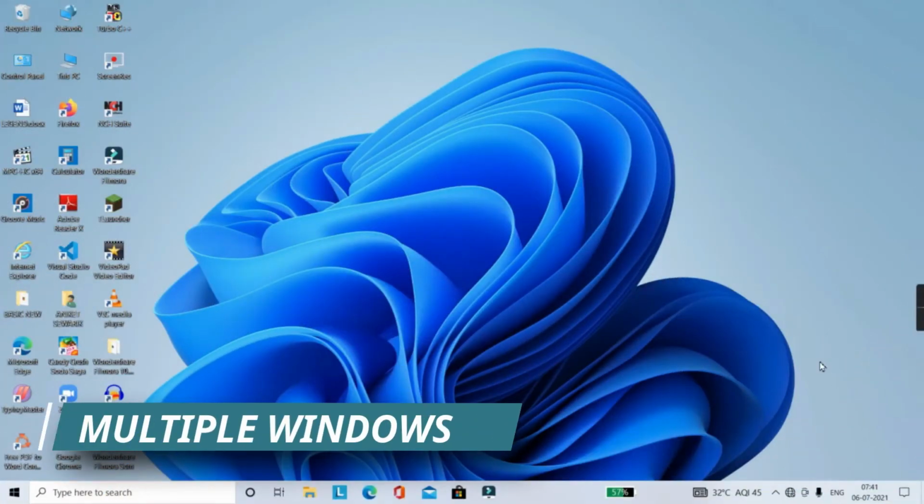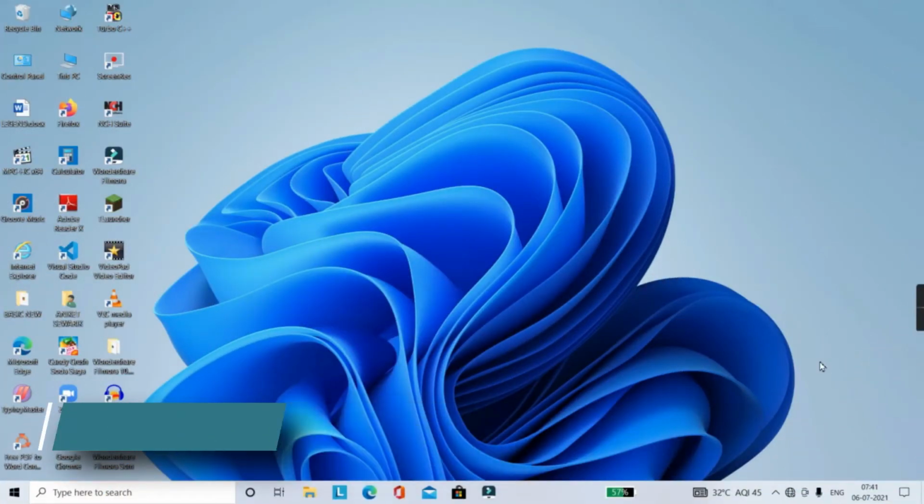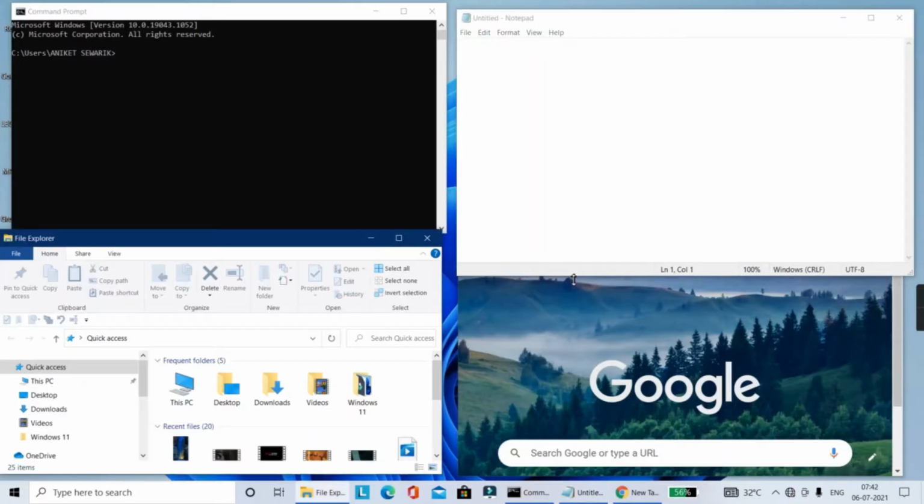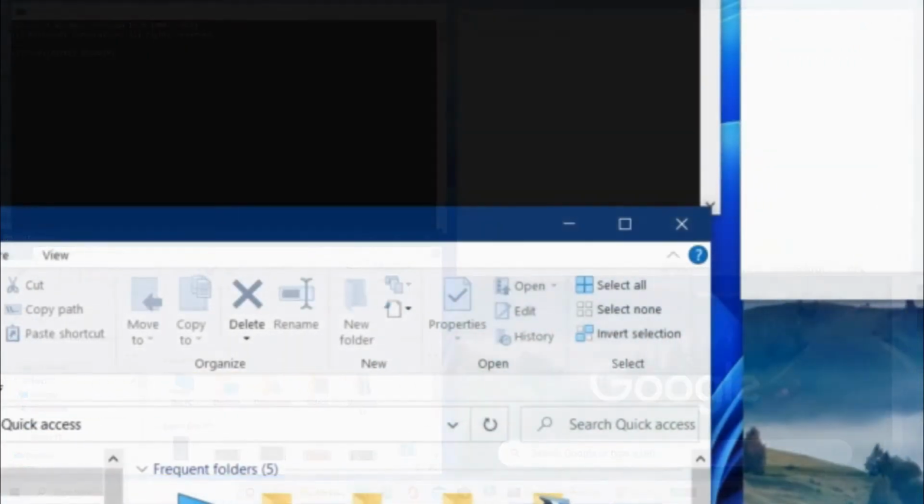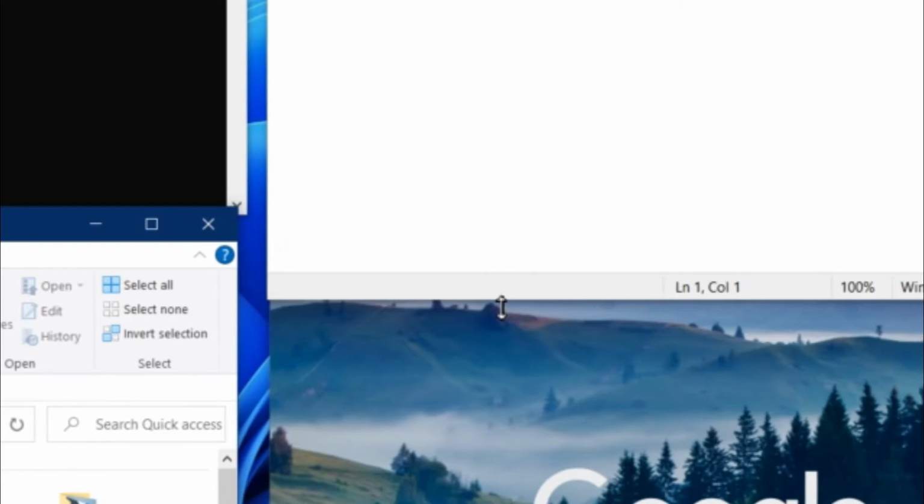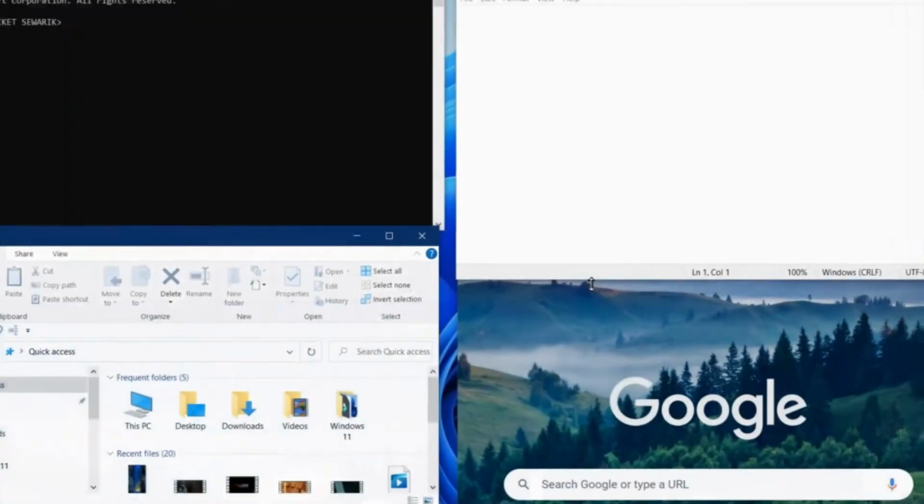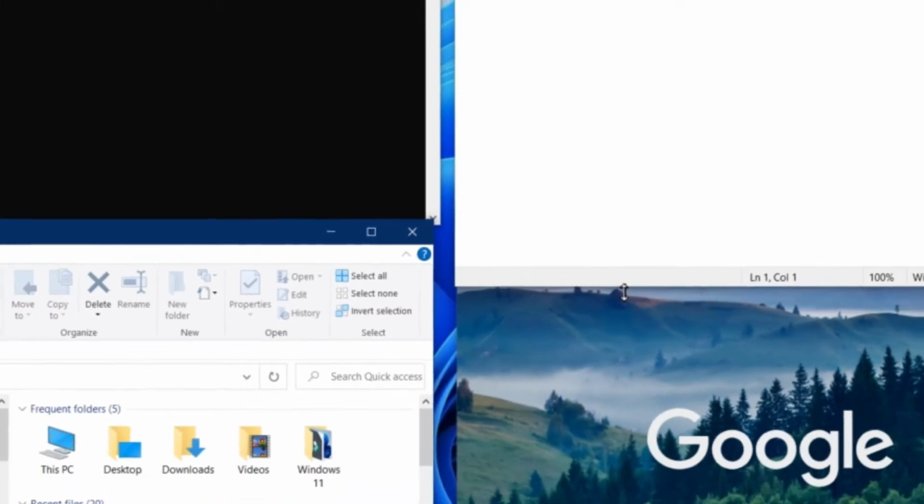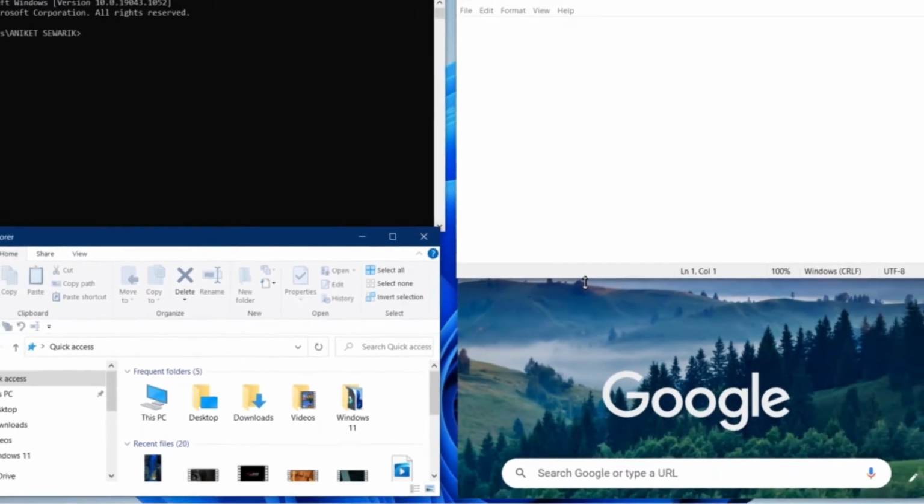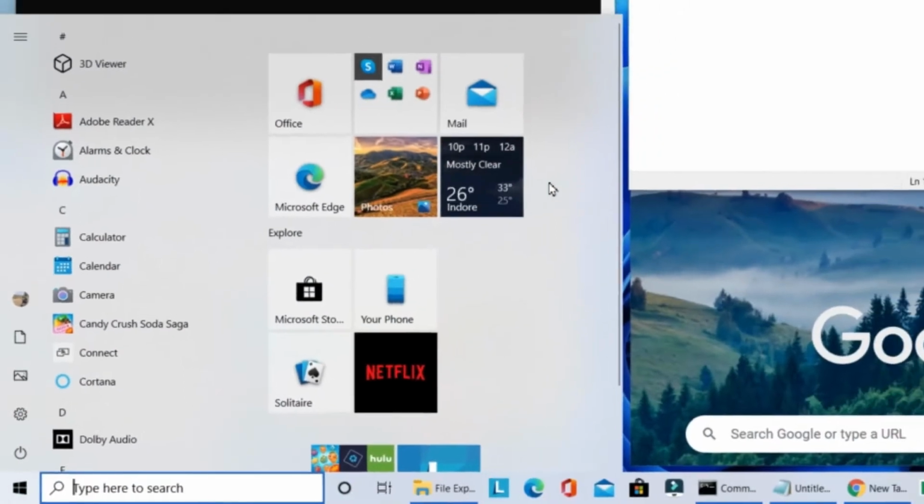Let's open multiple windows. Now you can see I have opened many windows here. What we have to do is, when we close our PC, all windows should come back when we start our PC again. So for doing this, go to the start menu,